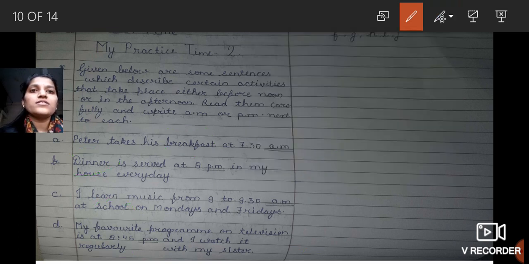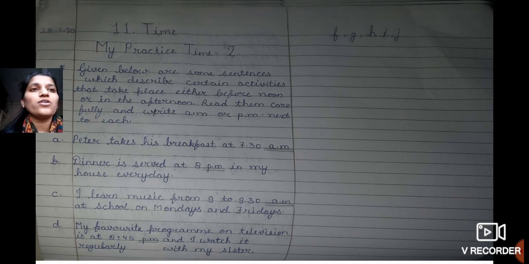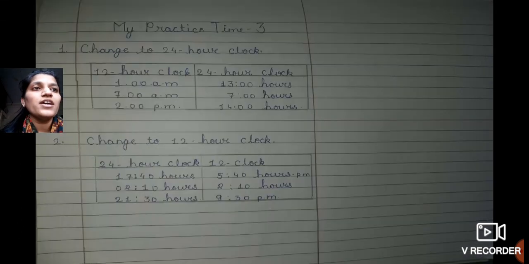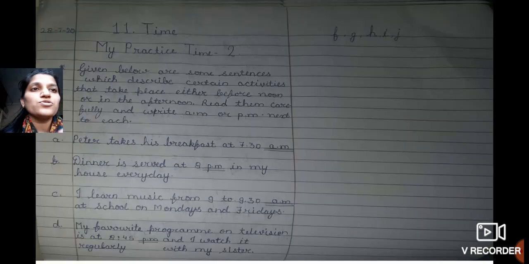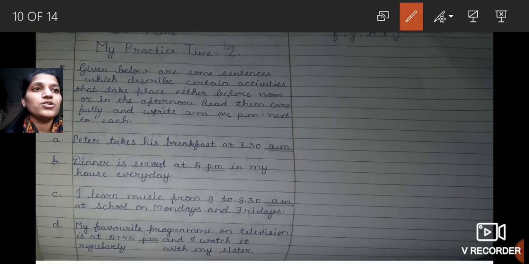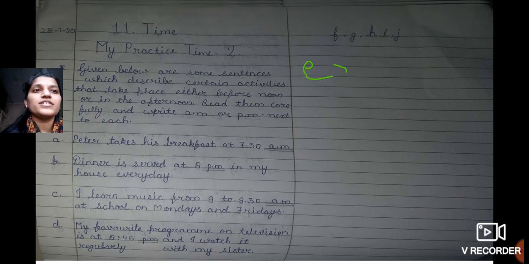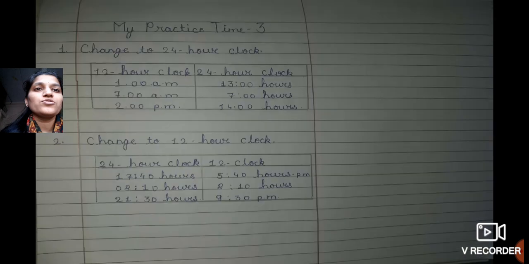So the answers of the questions are: first is am, 7:30 am, B is 8 pm, then C is 9:30 am, D is 8:45 pm. So students, now here for homework sums you can see that you have to solve F, G, H, I, J. You are going to solve the sum from E. You are going to write E also, then F, G, H, I, J. Okay, so now we are going to solve the next